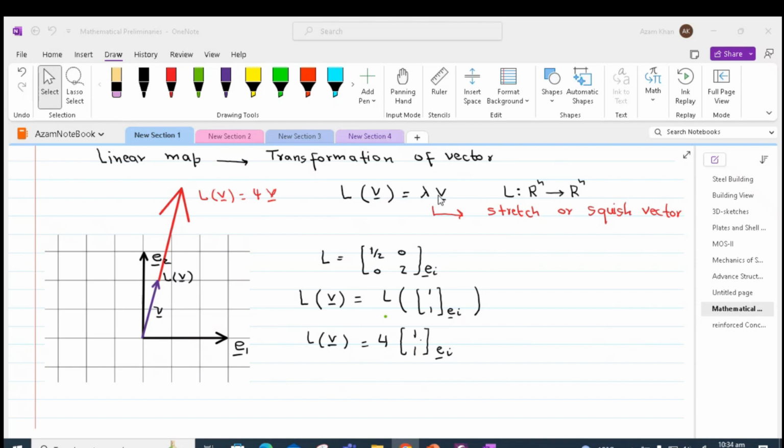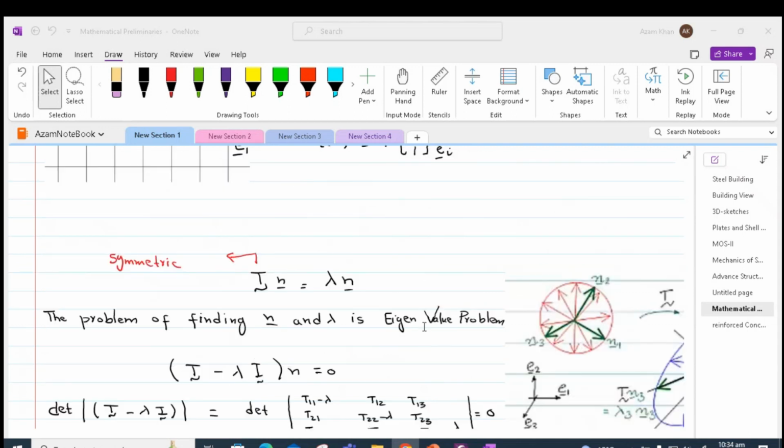So the vectors associated with the eigenvalues are essential in understanding the behavior of a matrix under certain transformations. The eigenvectors can be scaled by their corresponding eigenvalues, but their direction remains unchanged. Mostly in the case of structure mechanics, our transformation matrix is symmetric. So, as we discussed, if we multiply our transformation matrix with a vector n, this will be equivalent to multiplying the vector n with a scalar value lambda. Thus, we can say that the vector n would either be stretched or squished when the transformation matrix is applied